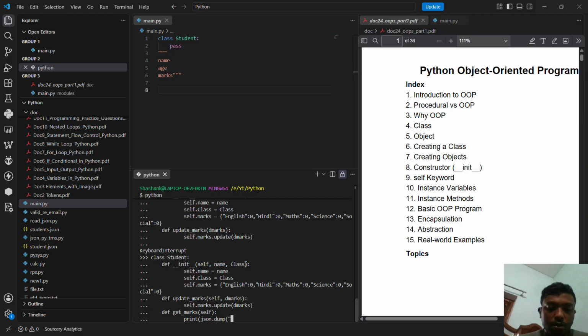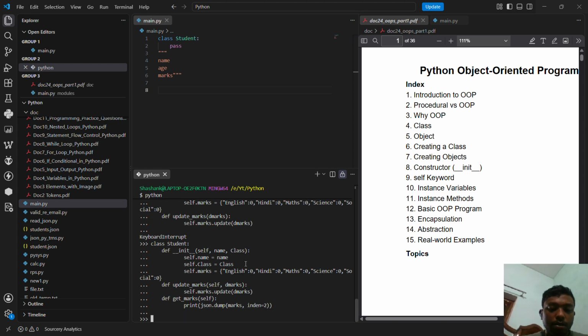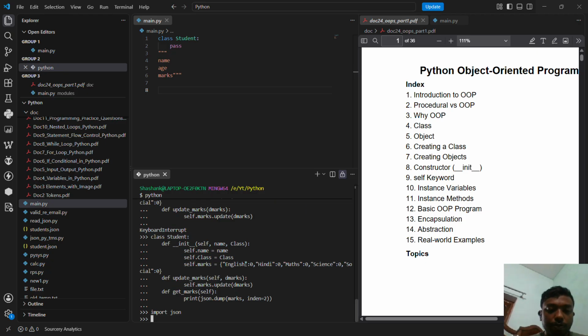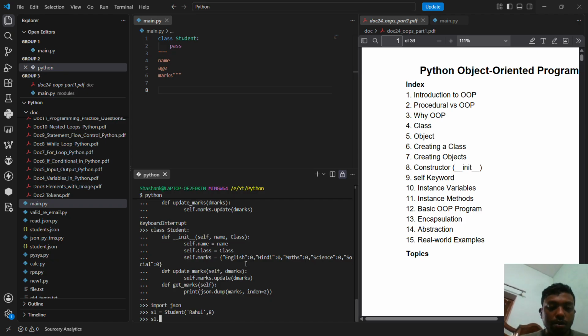Okay, now for this we are going to pass marks and indent equals to 2, and we are also going to import json. Okay, now s1 is equal to student, and it is taking 3 arguments, and s1 is itself the first argument, so we are not going to take that again, and we have Rahul and then 8. Now if you try s1 dot get marks,